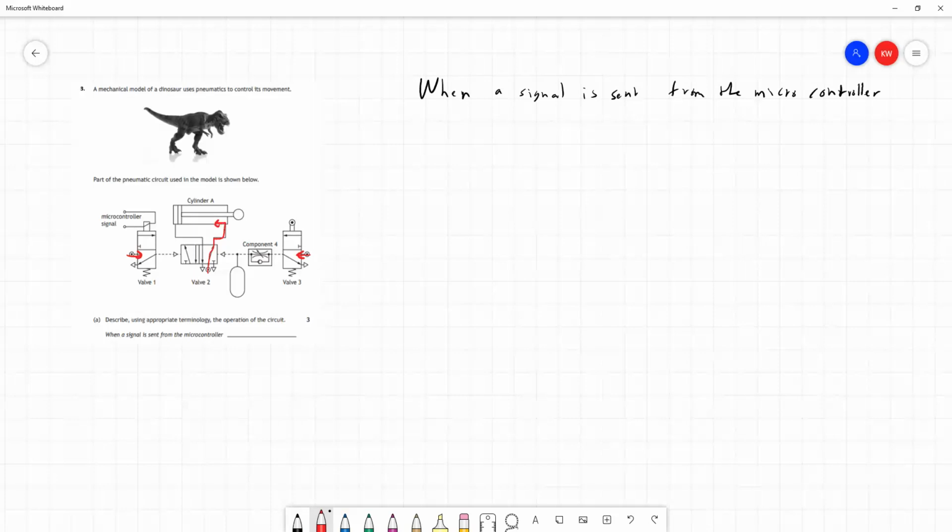So when a signal is sent from the microcontroller, and this is here, this causes, it's a 3-2 valve, it's valve 1. Now, the circles are not necessary, I just like to do it to keep my numbers not confused. The 3-2 valve 1 to actuate and change state,